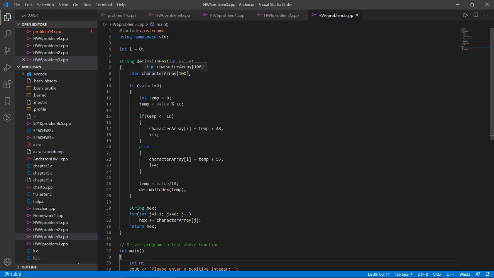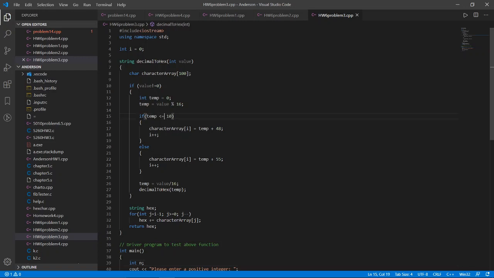So what I did was create a character array that would be plenty big for most any number. If the value is not equal to 0, then we will have a temporary value that is our number mod 16. So with hexadecimal numbers, we divide by 16, take the remainder, and you work from there. It's the way to convert. And so to change that number into an ASCII character, because hexadecimal has A through F as well as 0 through 9,